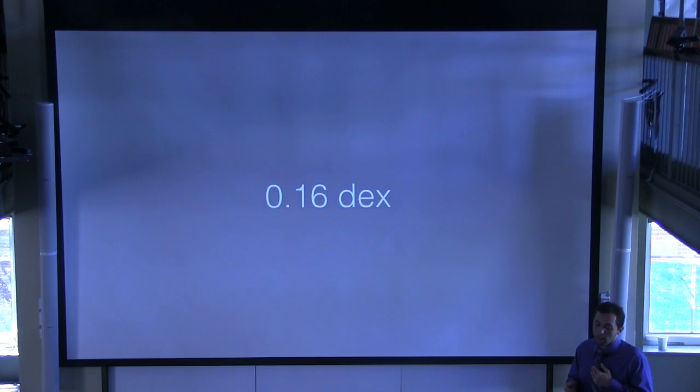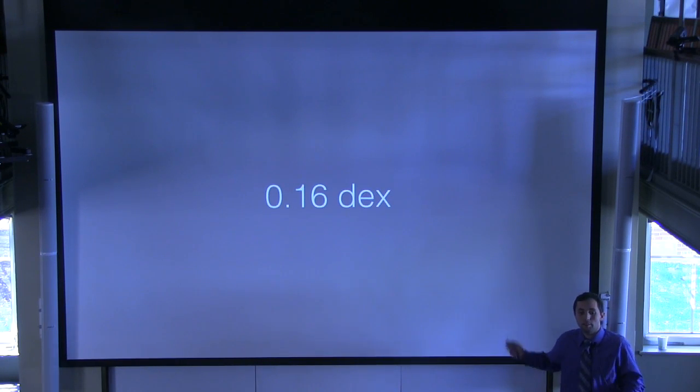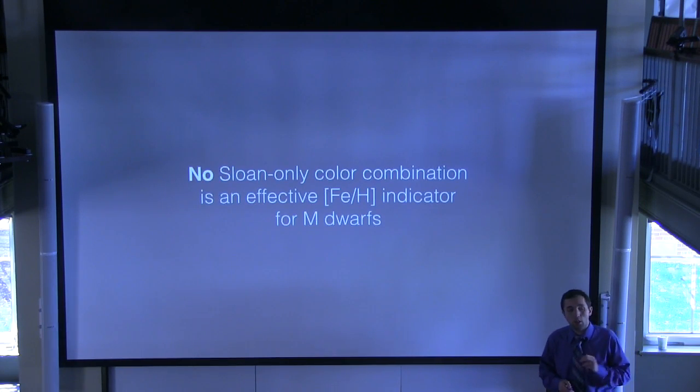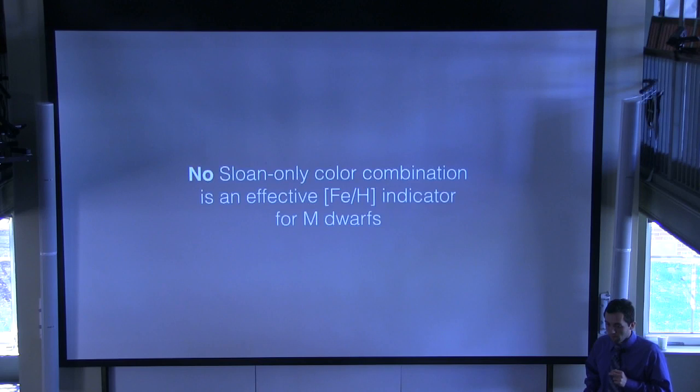And in fact, the standard deviation is about 0.16 dex, but the standard deviation of our metallicities themselves is not much greater than this. It's about 0.19 dex. So we're not actually measuring the metallicity very well using these colors. So we think that there is actually no Sloan-only color combination that serves as an effective metallicity indicator for these stars, for the M dwarfs. But